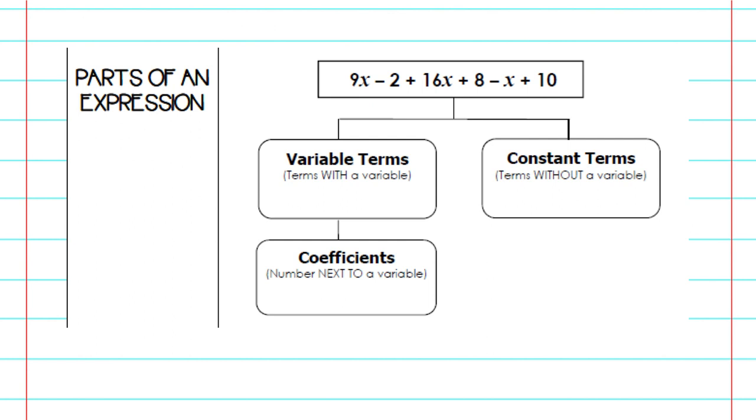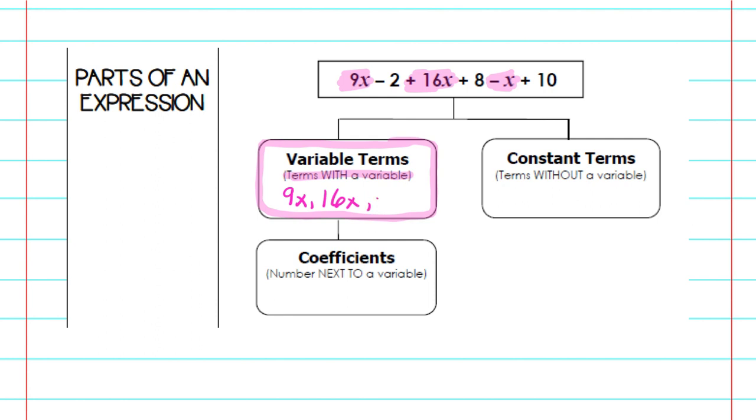First, we're going to have a variable term. And a variable is something that could change. We're not quite sure what it is, okay? So the variable term is probably going to have part of the unknown. So for that, we're going to have 9x, 16x, negative x. So it is a term with a variable, and the variable is going to be that x. So if I'm going to write out my variable terms, I would have 9x,